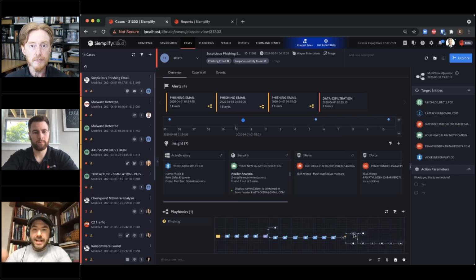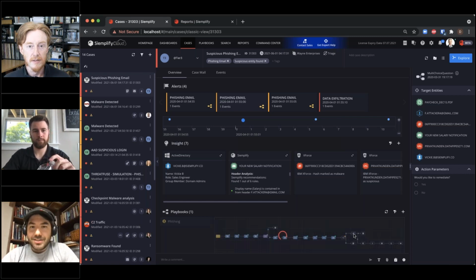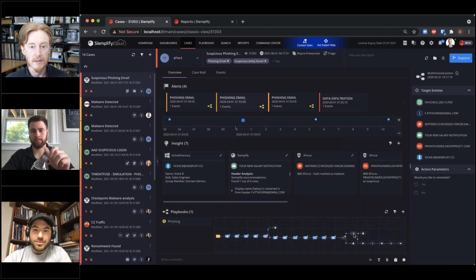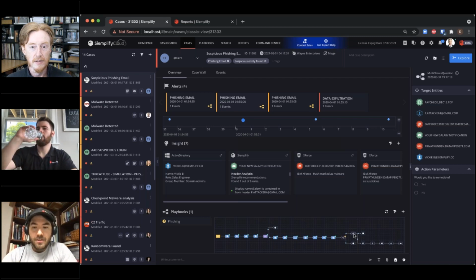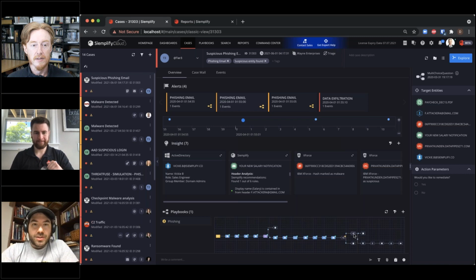So they're still staying within Simplify, giving them that single interaction point, if you will, where they can make a decision, but yet it's going to interface, and you're allowing Simplify to orchestrate all these different actions and pull all these tools together into one single solution, really doing what it was designed to do, which is orchestration. And so that's where you can start to utilize Simplify to perform those actions.